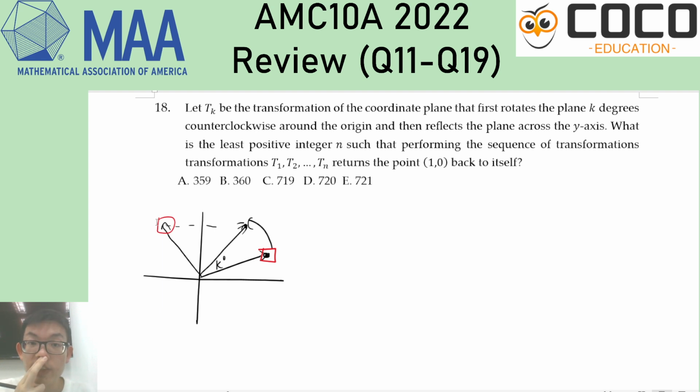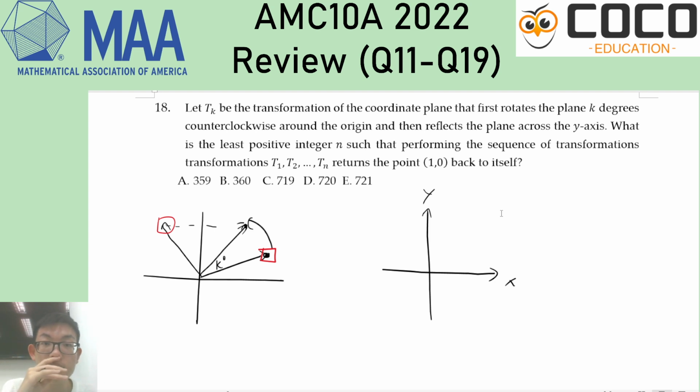What's the least positive integer n such that performing the sequence of transformations T1, T2 until Tn returns the point (1, 0) back to itself? Okay, so this is interesting. It's interesting because all I'm doing is a lot of reflections and rotations. So even though it says the plane, I know that all I'm going to be doing is just a bit of